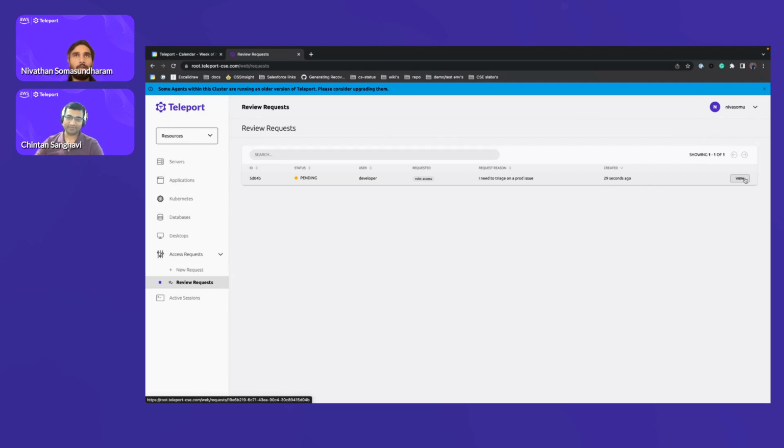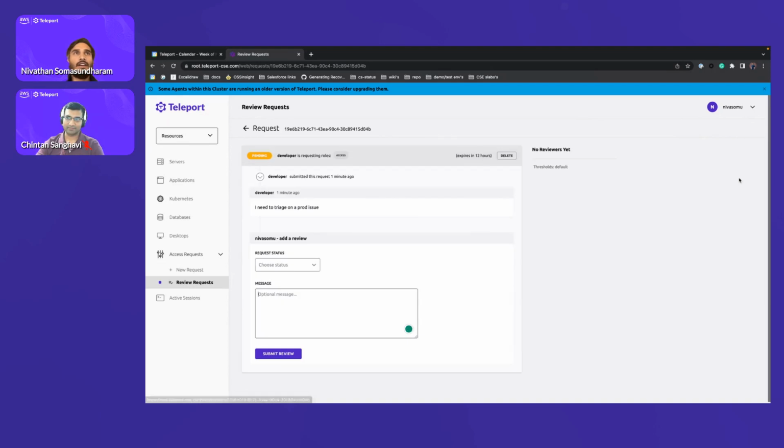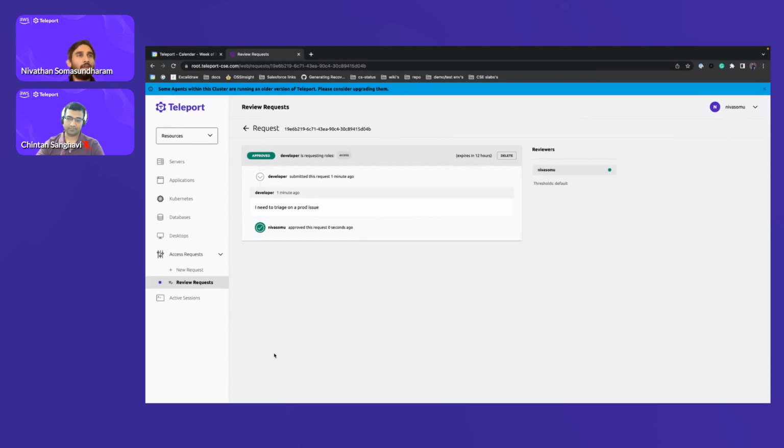Yes, you're 100% right. Definitely. And here, as an admin user, I can review. So I saw the same request coming in, and I can approve. And this is for 12 hours, and submit the request. So once it's approved,